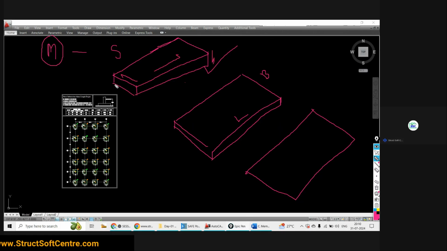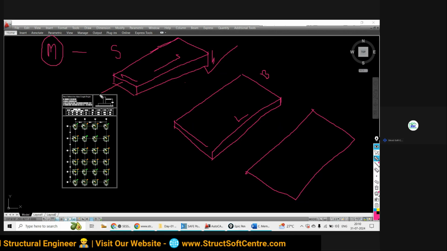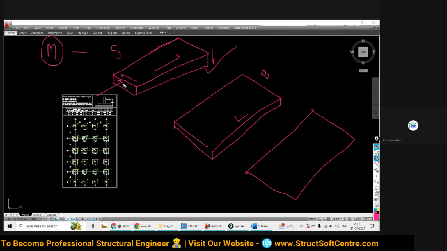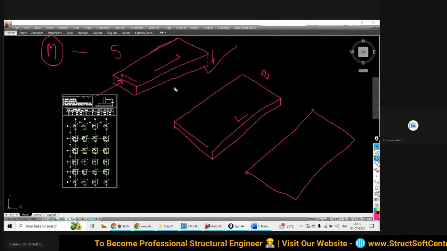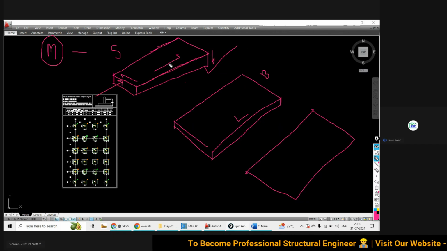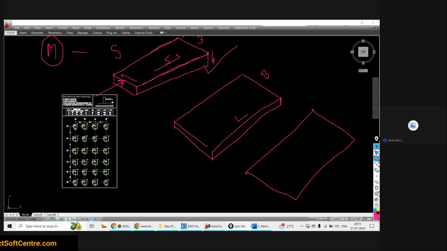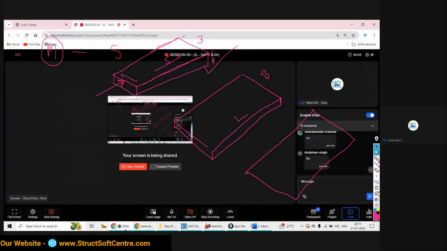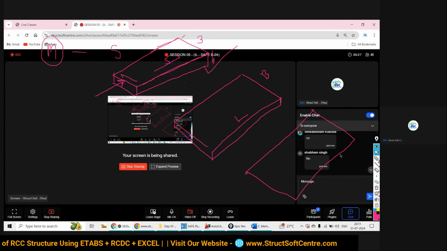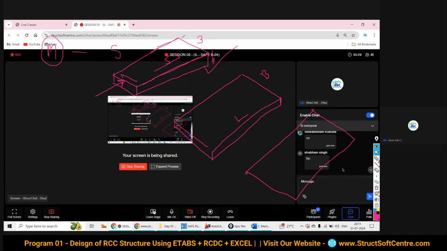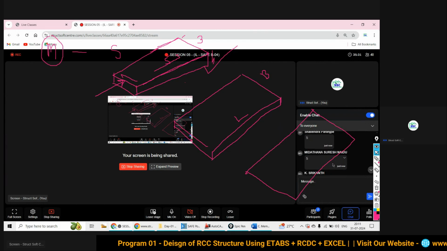Now, my dear friend, try to understand and let me know the answer. If I apply the load in this direction, what is the resisting span? Suppose the length is 5 meter and the width is 3 meter. Tell me, if I apply the load in this direction, how much is the resisting span? Very good.